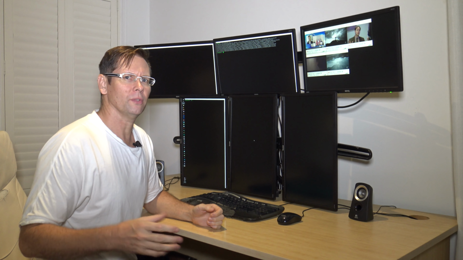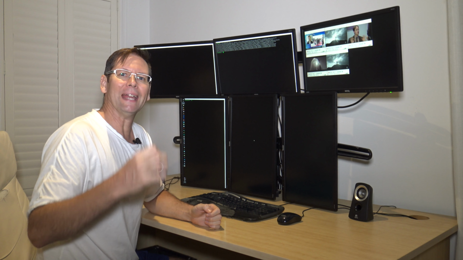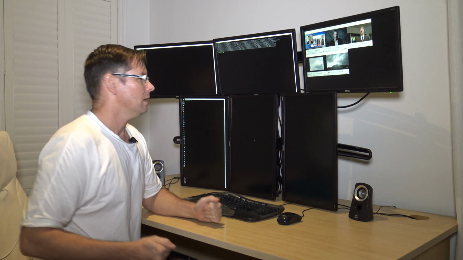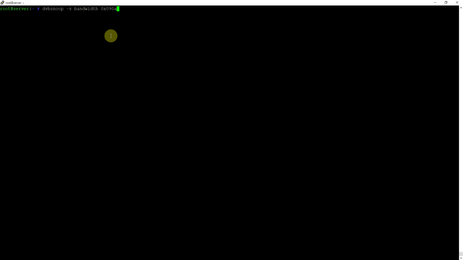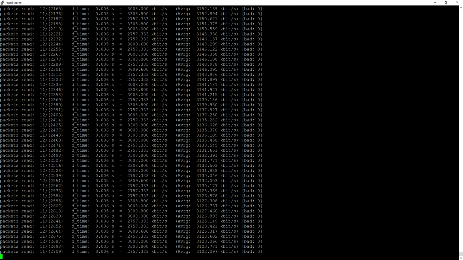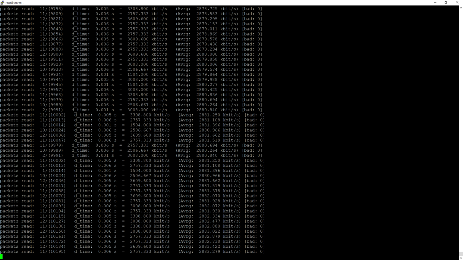Now another thing you can do with DVB Snoop is look at the bandwidth of individual PIDs. Now what I'm going to do is look at the video PID for ABC News, which is this one here. But this is in decimal in the channels comp file. So the hex version of that is 90A. So just DVB Snoop S, which is the scan type, bandwidth, and the PID. So if I run that, there you can see the bandwidth live of what's coming in for that video PID